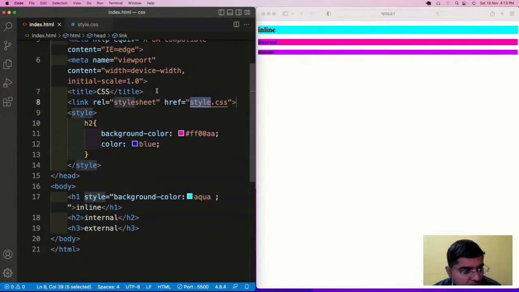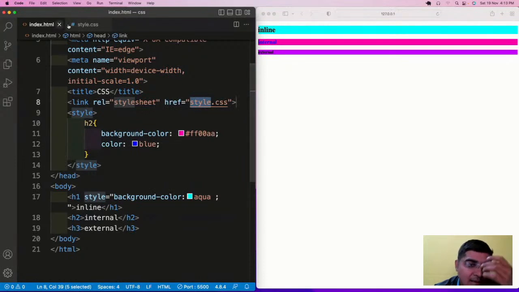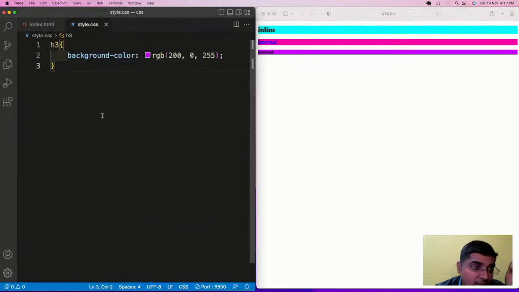So let me have a connection now. So with the help of the link tag, we have linked both the files, this HTML file and the CSS file, with the help of the link tag.